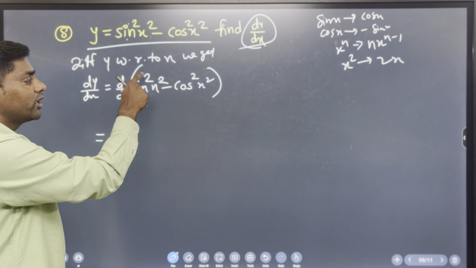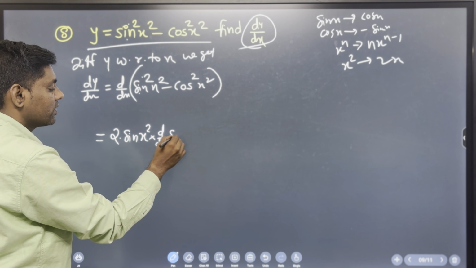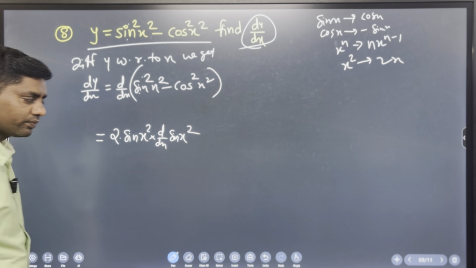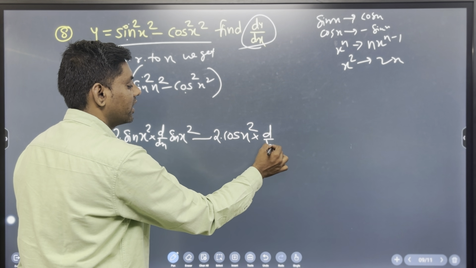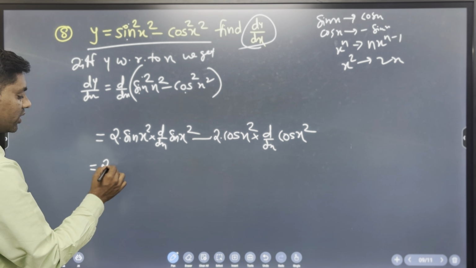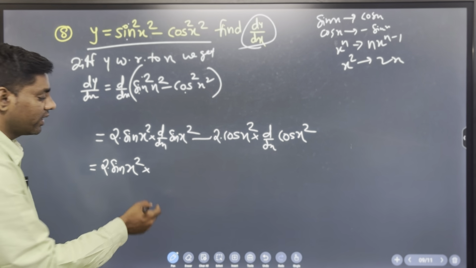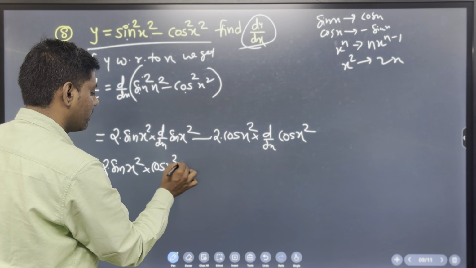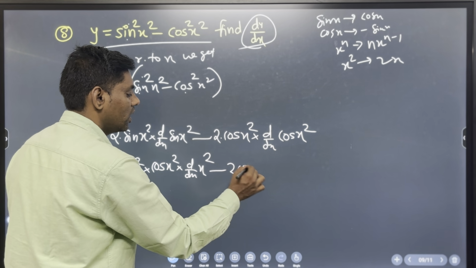2 into sine x square, and again take the derivative of sine x square. Next, minus, what is the function raised to constant? 2 into cos of x square into, again taking the derivative of that function, that is cos of x square. So then complete the example. 2 into sine x square into, what is the derivative of sine x? Cos of x square, and again take the derivative of that function, it becomes x square, minus 2 into cos